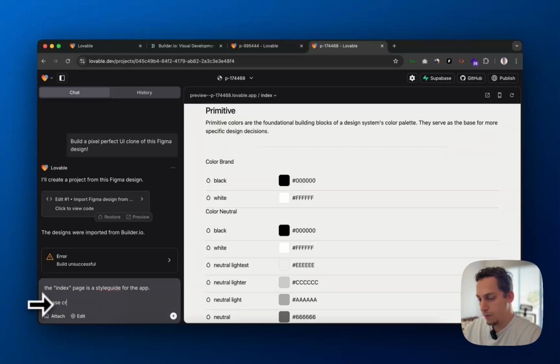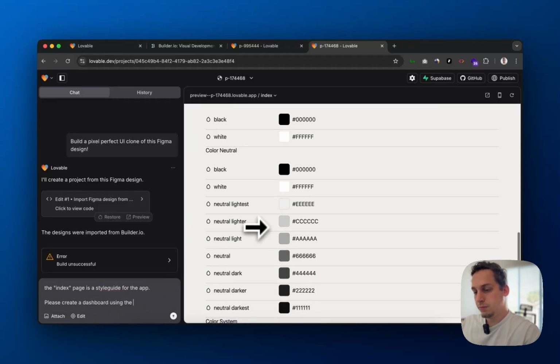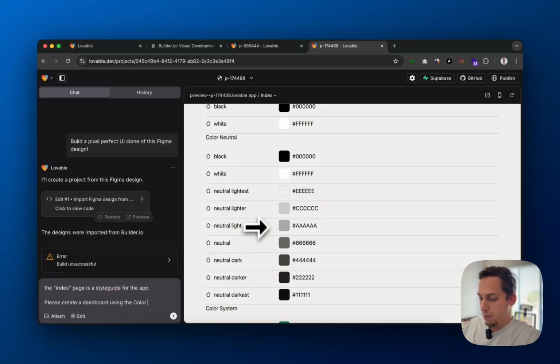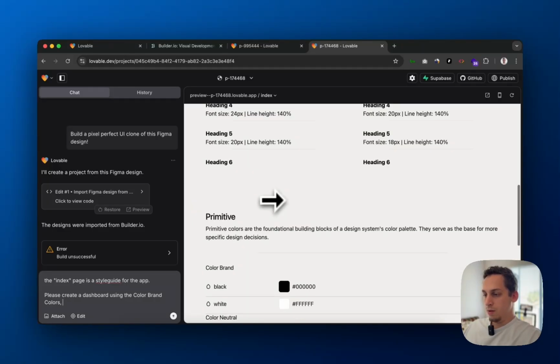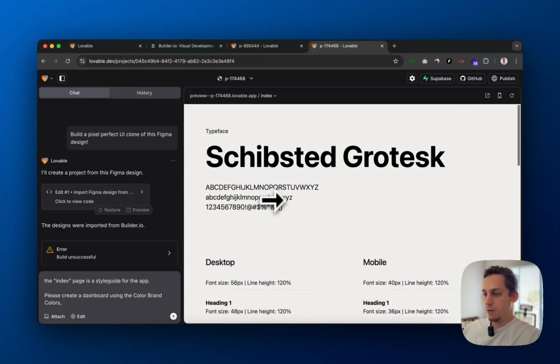Please create a dashboard using the brand colors